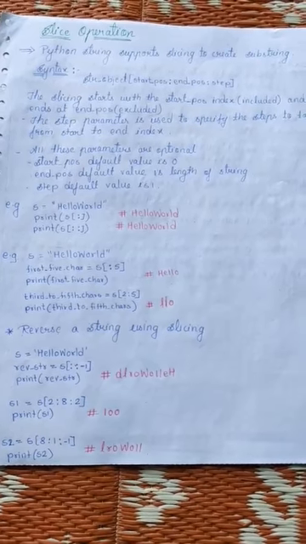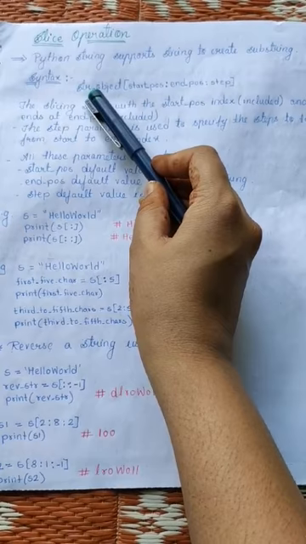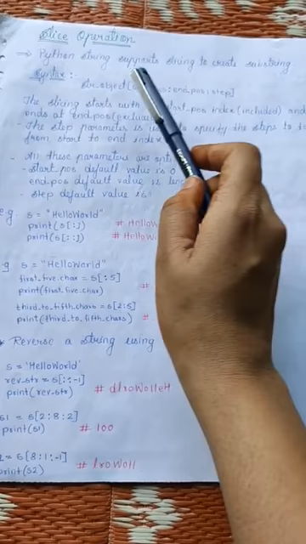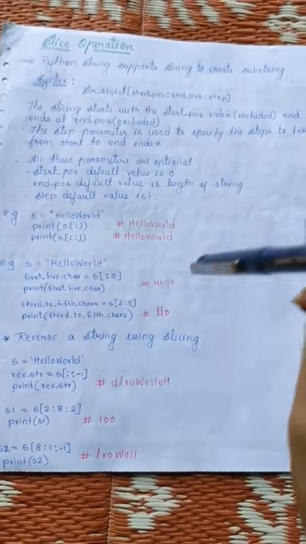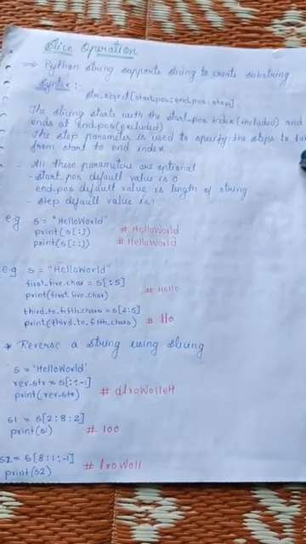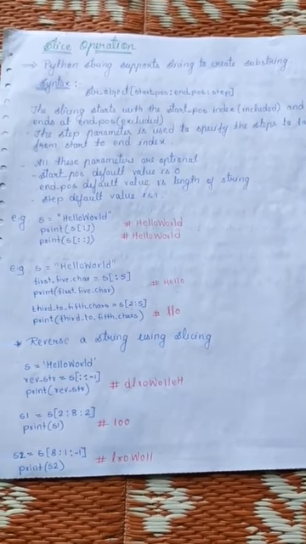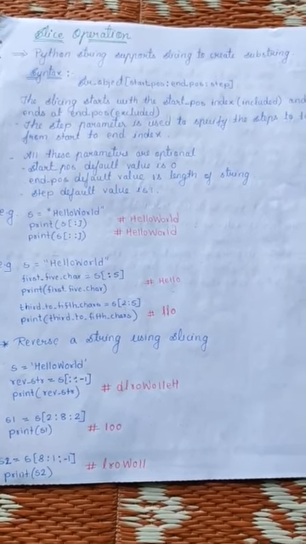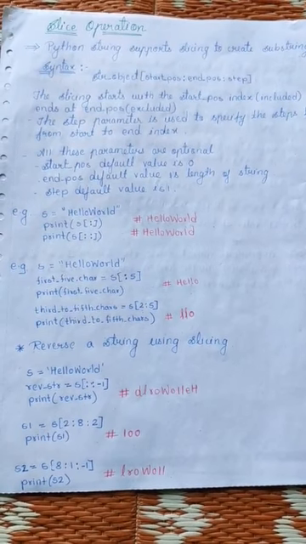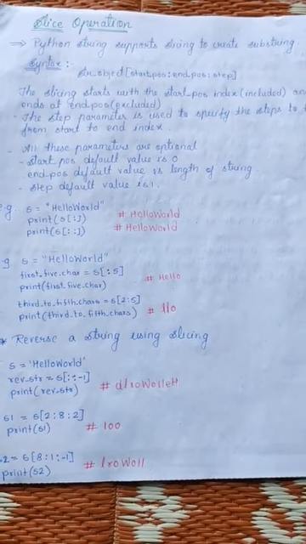So what is exactly the syntax of it? It has the str object, that is your string variable, and then starting position, end position and step. What is the starting position? That means from where you want to get the string. End position, till what position you want the string. And step means how many steps you are going to jump from one character to the other. In the examples you will understand what exactly step, starting position and end position mean.